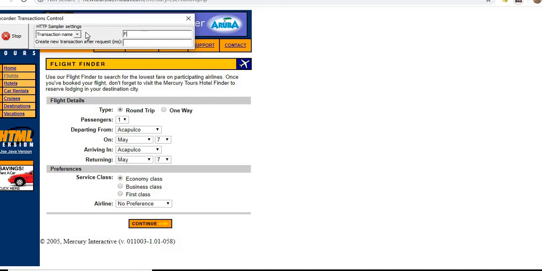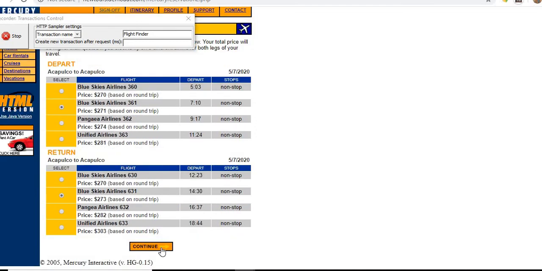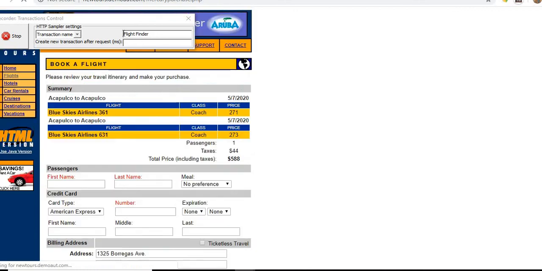So let's select flight finder. We are not changing anything over here, but we will work on this particular value while working on the ordinal functionality, number of passengers. I'll click on the continue button, then select some value over here and click on continue. It again came into the same parameter.